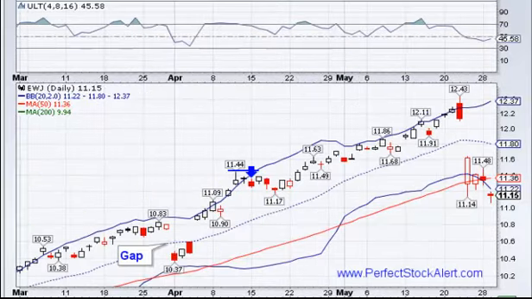A quick glance at the EWJ, the Japan iShares. This one here we talked about last week. It didn't actually fill the gap we talked about up here. We told you that we could see a gap fill here as well, that I wouldn't buy it, but it was something that could happen. It didn't. Instead we kept falling here, and that's important.